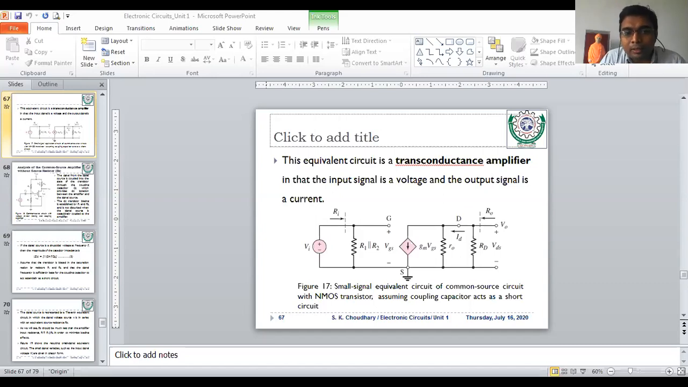Now we are here to convert this particular circuit into the small signal equivalent one. How to convert it? For that purpose,